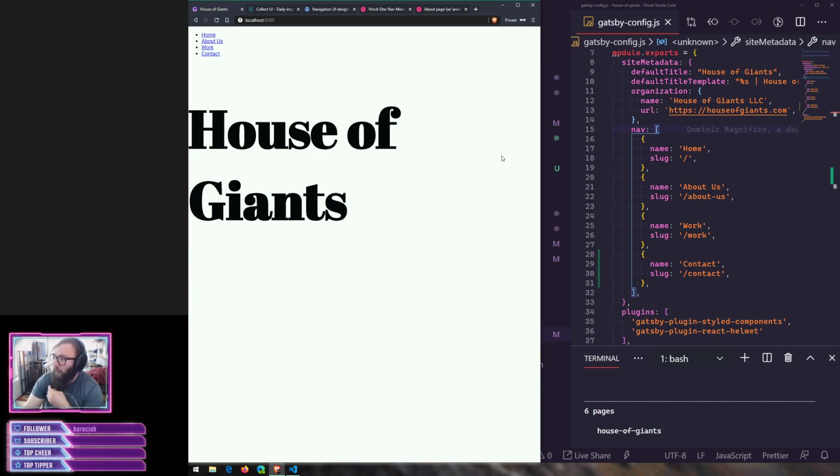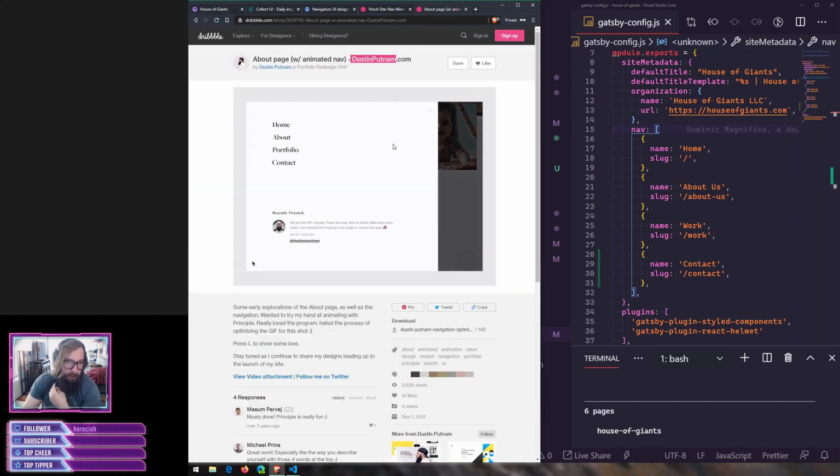The couple things that we know we want to do for sure, we definitely want this navigation to be like a full takeover nav. Even if it slides out from the side and only takes up most of the page, similar to what Dustin Putnam did here,